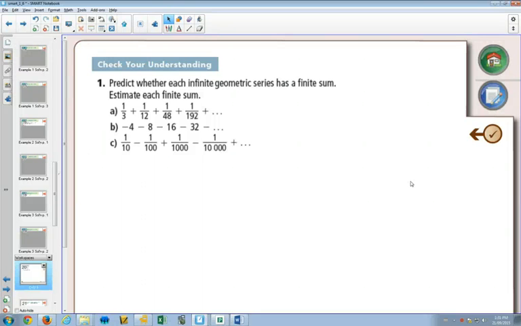All we're trying to determine here is whether it has a finite sum or not, if you would do this forever. Eventually, will you be adding such a small number that your terms converge to 0, so that if you were to add this up forever, eventually you'd be adding so little that it wouldn't make a difference? So if we look at part A,